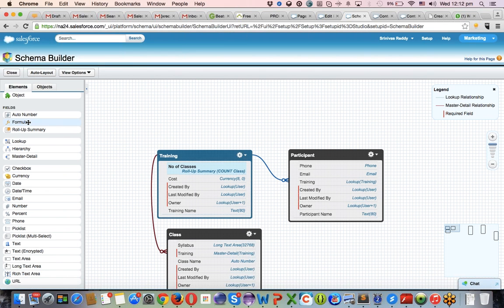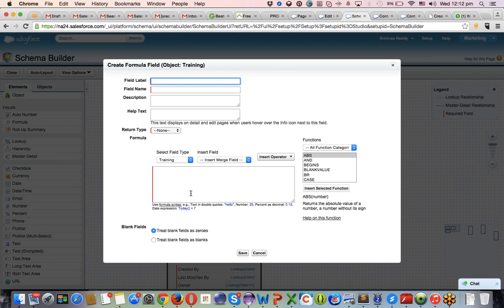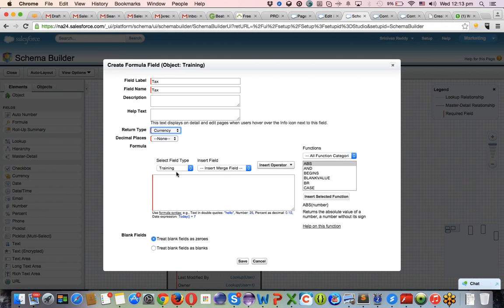Okay, formula field, tax is 10% or 8.5% like that. I can keep some static tax. Return type currency, and I want two decimal places too. Okay, I can also dynamically insert the fields like this: training cost